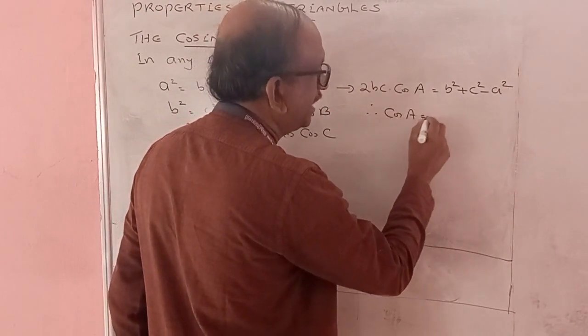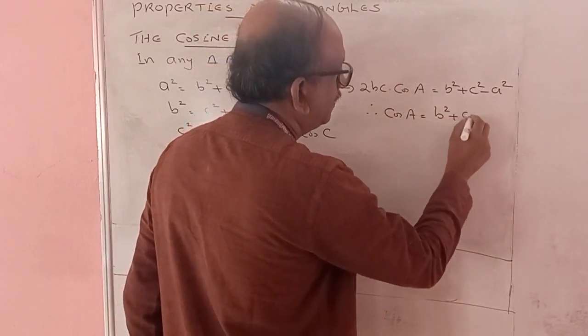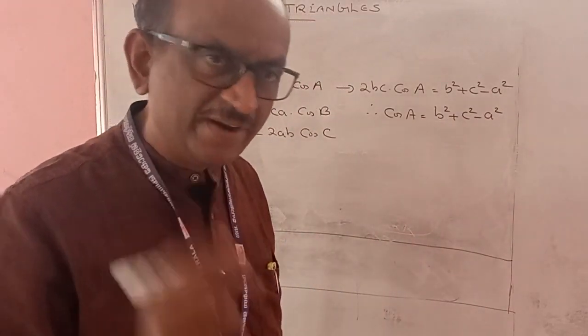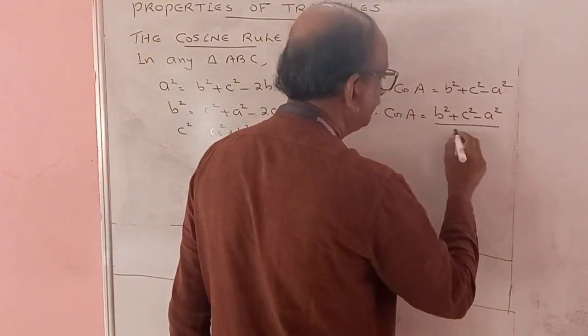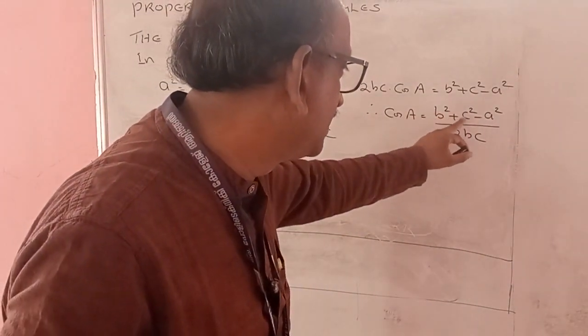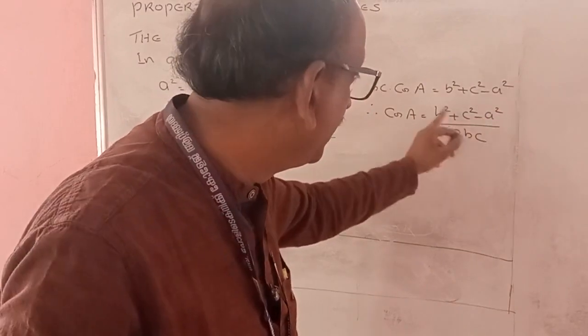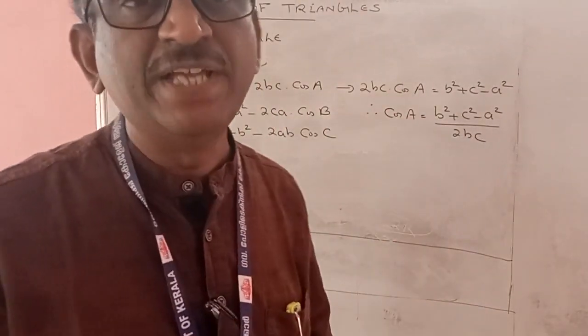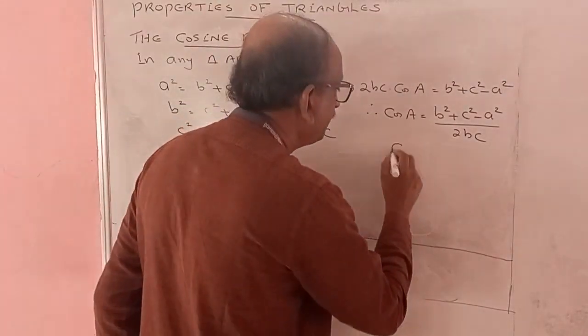Therefore, cos A is equal to b squared plus c squared minus a squared divided by 2bc. Here capital A, and here b squared plus c squared minus small a squared divided by 2bc. This is cos A. Similarly, we can show that cos B is equal to